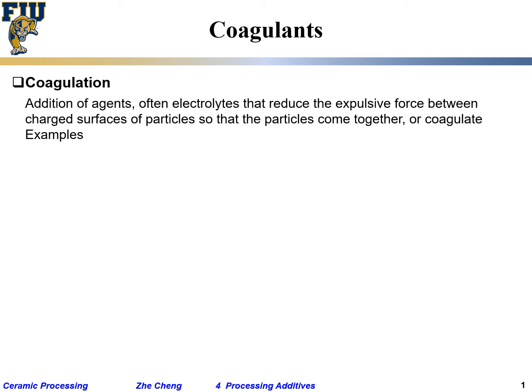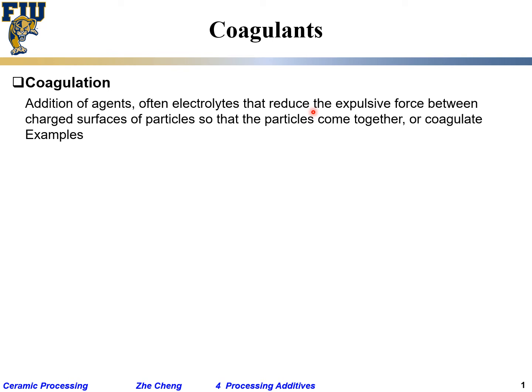Okay, so we'll talk about so-called coagulants. Coagulants are the types of agents or additives that you purposefully add into your, quite often, suspension or colloidal suspension, that you want to reduce the repulsive force between individual particles. And as you reduce the repulsive force between individual particles, the van der Waals force would start to pull them together, and as a result, the smaller particles come together to form larger so-called